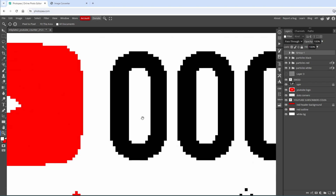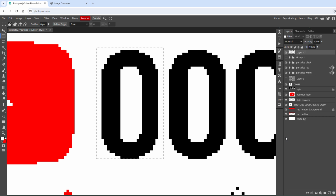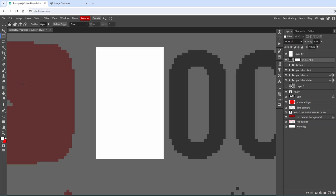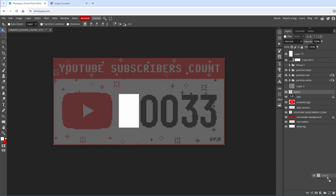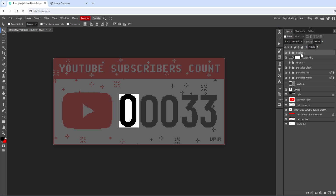I will measure the size of the individual digits, which seems to be around 25 by 40 pixels, and then I will create a new helper layer that will be the background layer in the white color, and maybe just fade everything a little bit so we know what's going on. And then I will create a copy of our text layer, move it up on top, and only include the digit number 0. I will group both the background and the digit using the Ctrl-G shortcut and rename it to